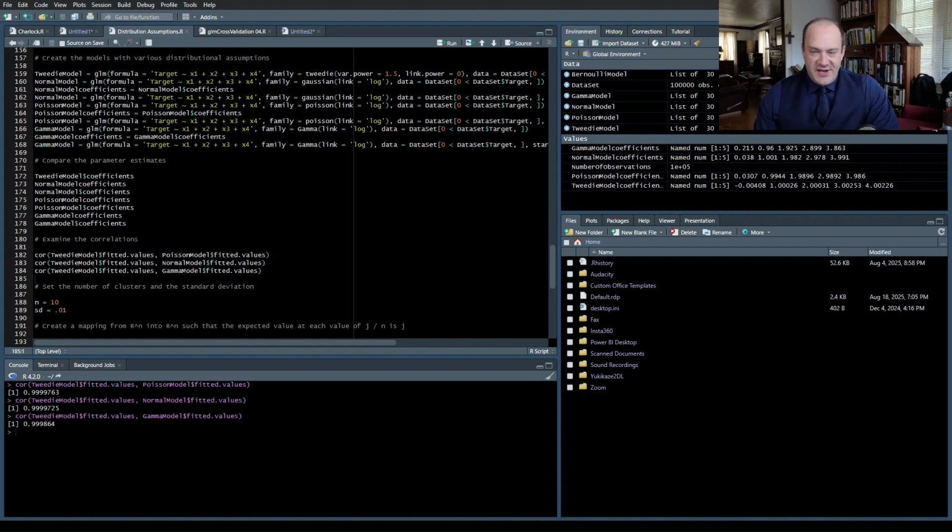And similarly, if your link function is a logit, normal and Poisson get kind of angry pretty quickly. And so you should first consider the form of the conditional expectation that you want, select your distribution accordingly, get your parameter estimates,